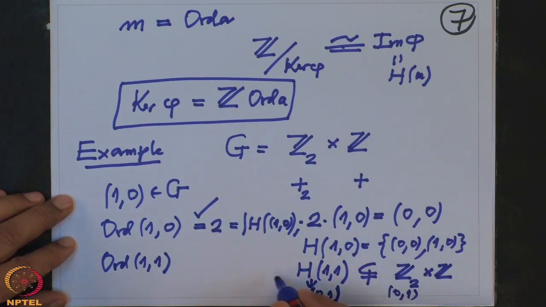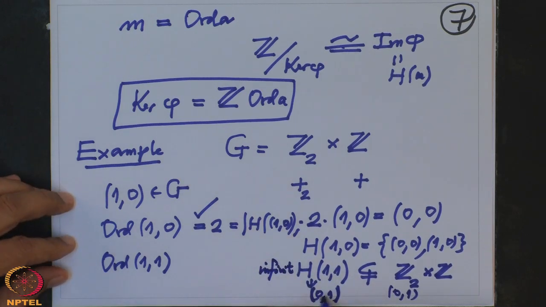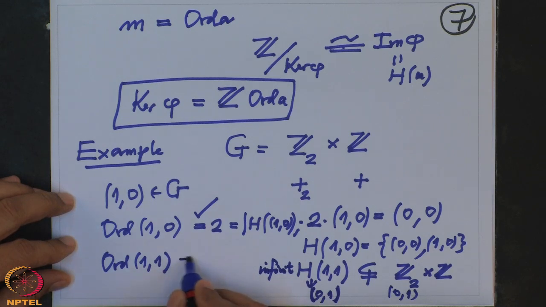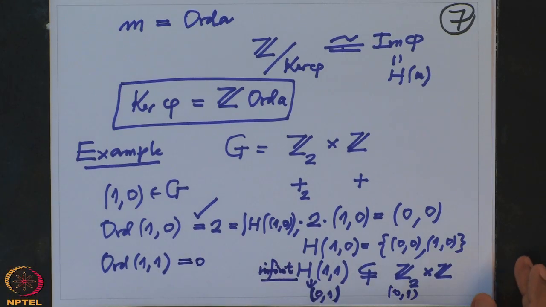This subgroup is infinite because we can keep multiplying by n. So, you can get different elements, the second component is always different. Therefore, this element has order 0, because the subgroup generated by it is infinite. So, with this